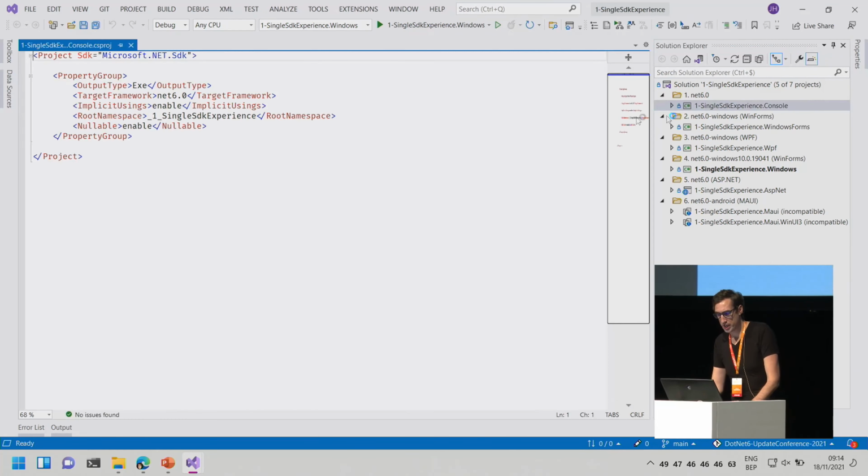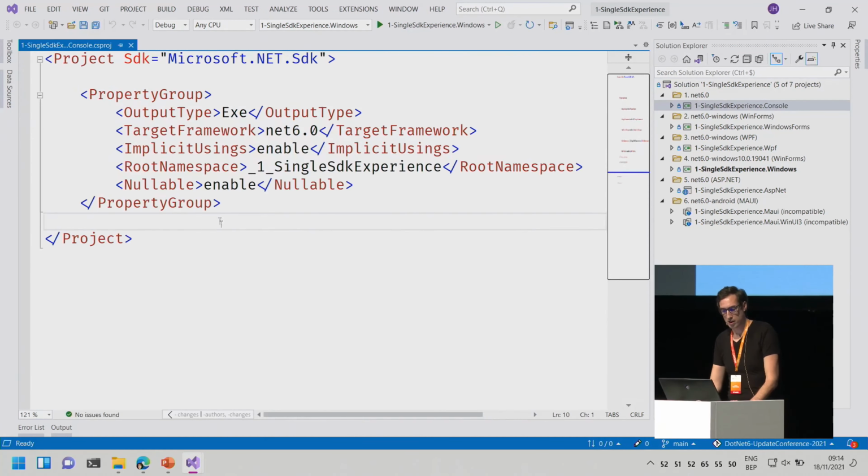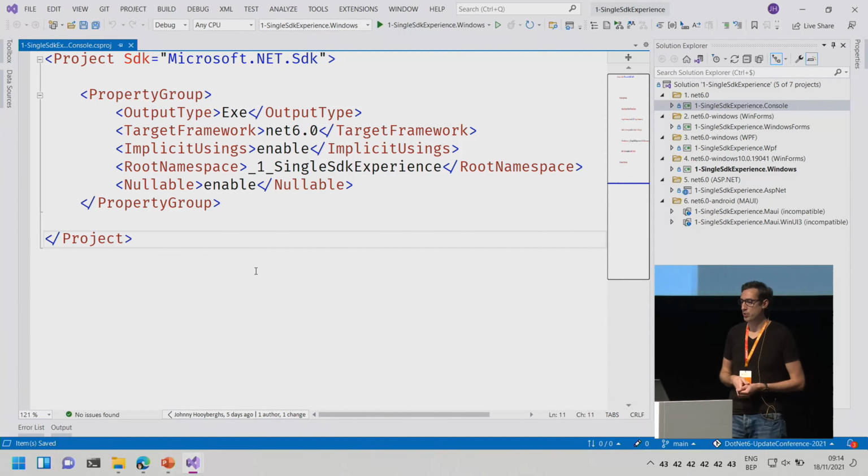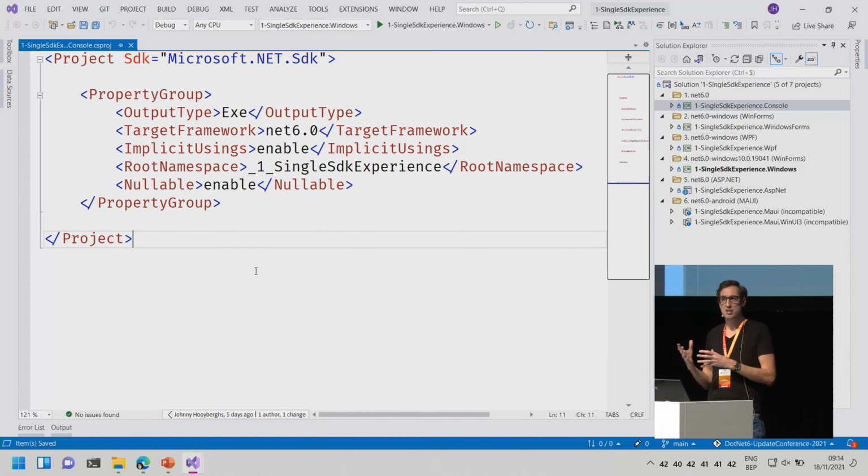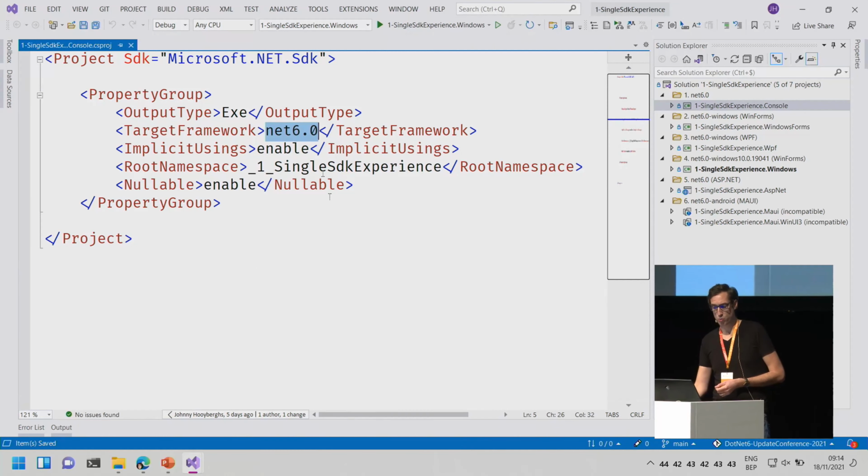A thing that's also changed is the project format. If you look at C# projects, depending on what kind of project you're generating, it looks a lot simpler than it did in the .NET Framework. There's just a few lines of properties you can set, and if you want to have some additional things configured, you just add those properties to your project file. The target framework is just one single thing that you need to change.